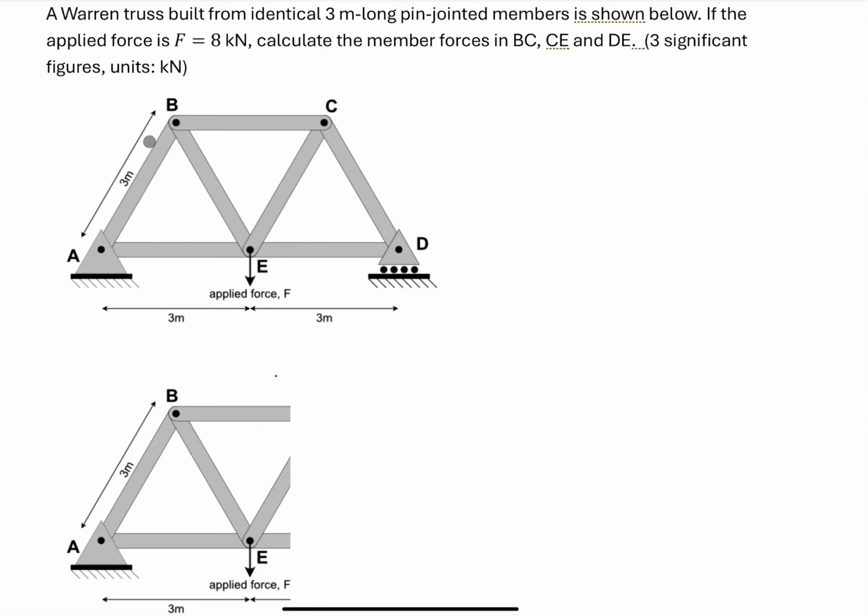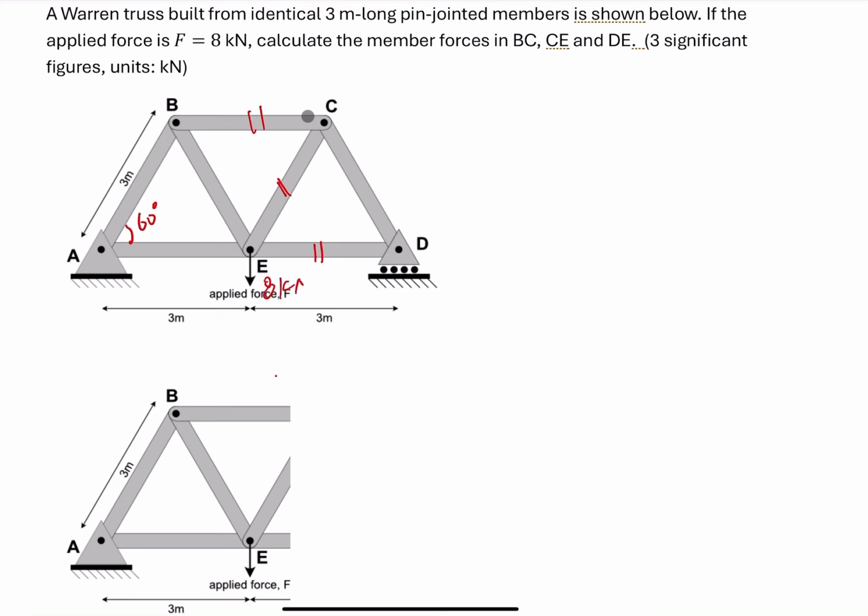We have a truss showing here built from identical 3-meter long pin jointed members. So all the members are 3-meter long. Then we can easily know the angle showing here is 60 degrees. We need to calculate the member force in BC, CE, and DE, and we apply a force here,